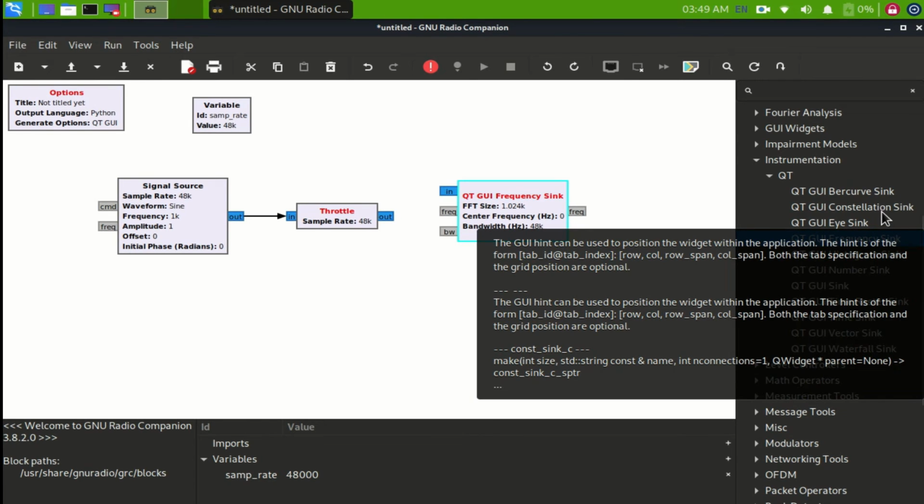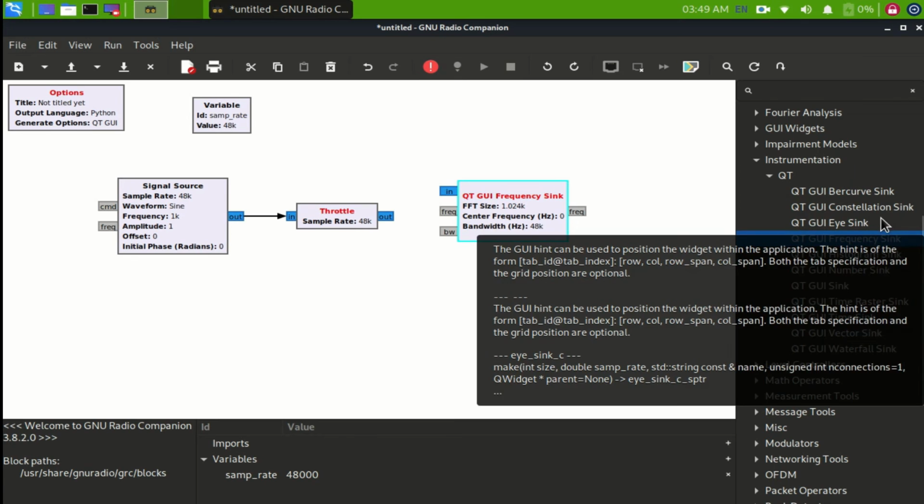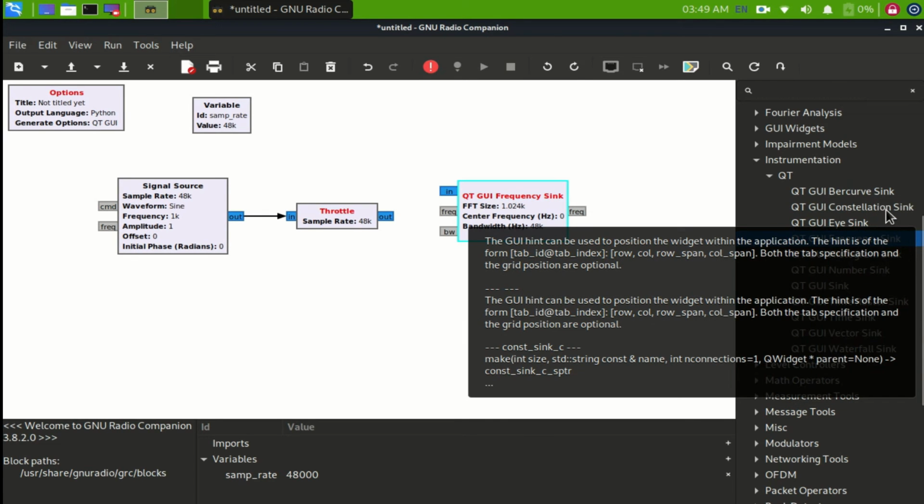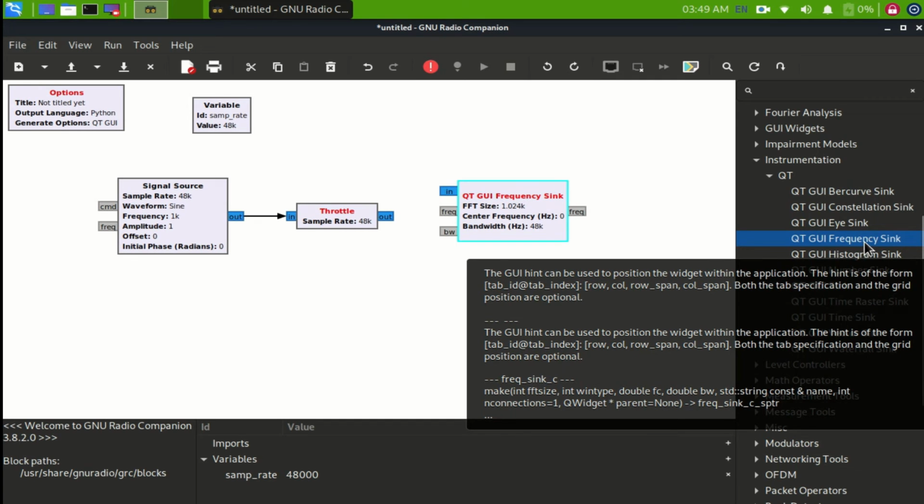constellation syncs, etc. and a lot of different things. You will notice if you let your mouse hover over, it does give you some description like this. Most of these blocks, sometimes they are really hard to read from how they are formatted, but it's better than nothing. So you can see both those blocks have a problem